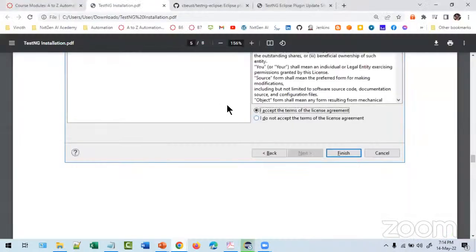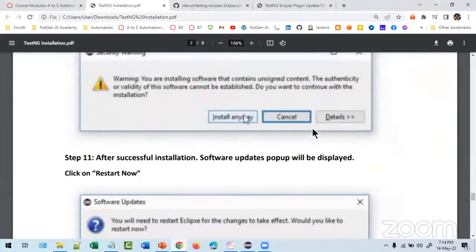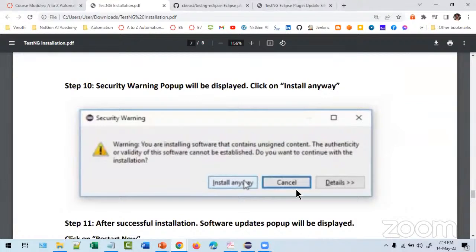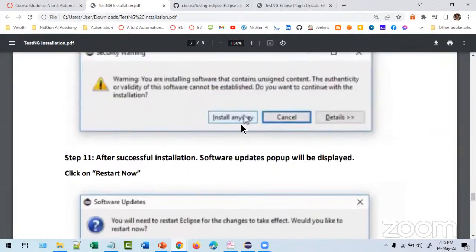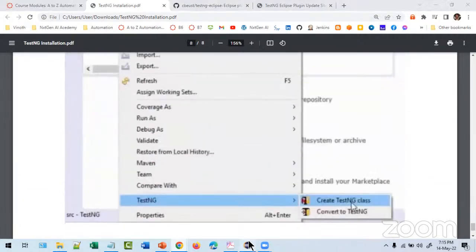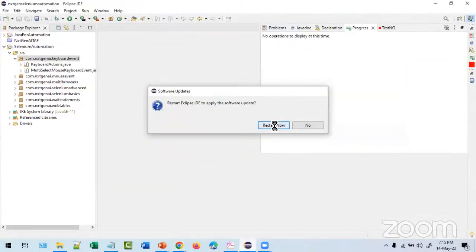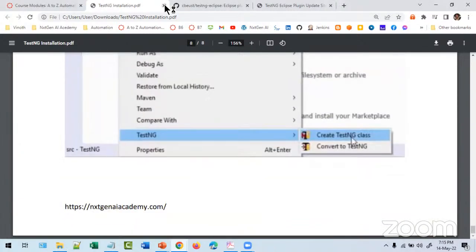And if you see it here, at that time, you may get a security warning, unsigned content. If you get like this, click on Install anyway. As of now, I selected all and clicked on Install. Then you will get Restart Now. Let's see, Restart Now. Let it restart. So setup is done.